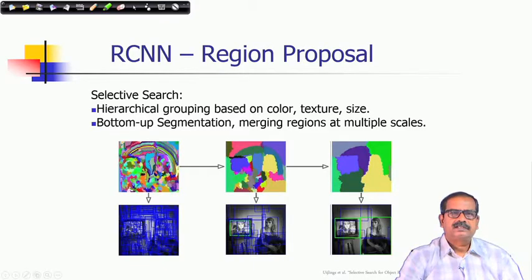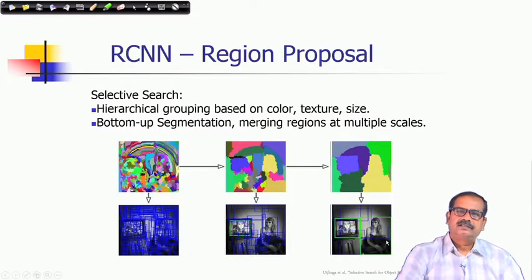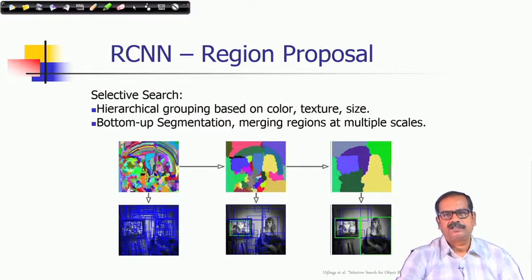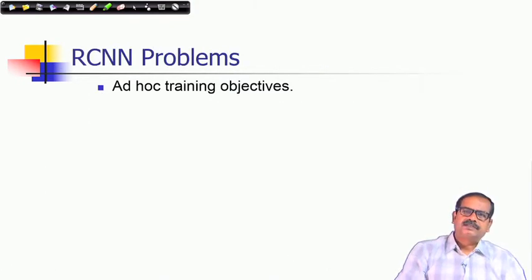So, it considers very small segments at the bottom layer, then it merges them into bigger segments, and it tries to identify which of them contain the object, and then you use the rectangular box enclosing those particular segments. The problem in this method is that